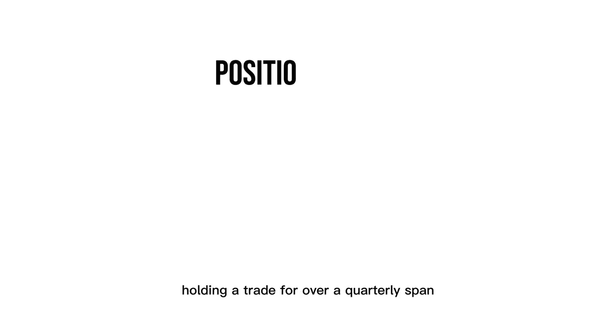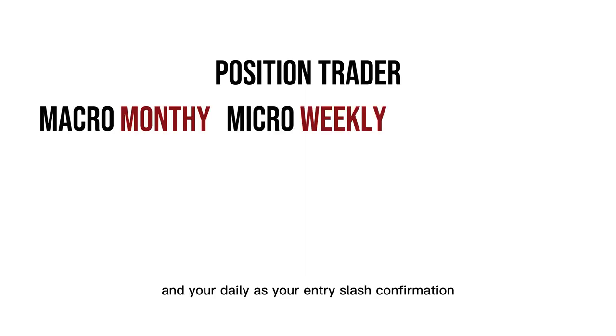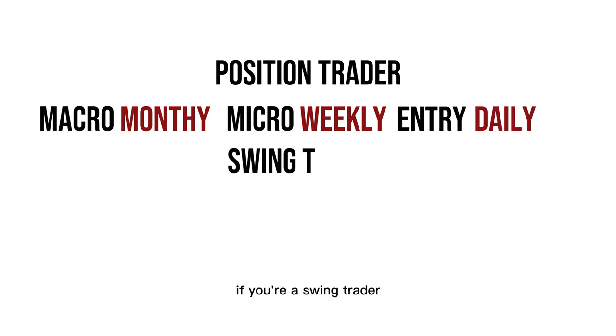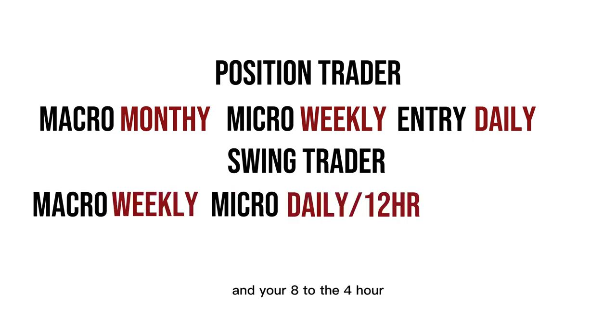So for a quick answer, if you're a position trader holding a trade for over a quarterly span, use your monthly as your macro, your weekly as your micro, and your daily as your entry/confirmation. If you're a swing trader with the intention of holding a trade for over a span of a week or two, use your weekly as your macro, your daily to the 12-hour as your micro, and your 8 to the